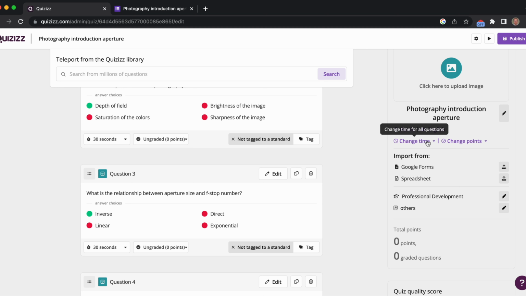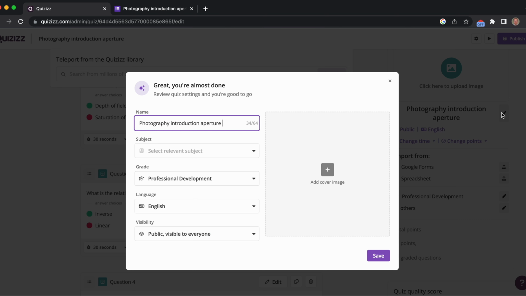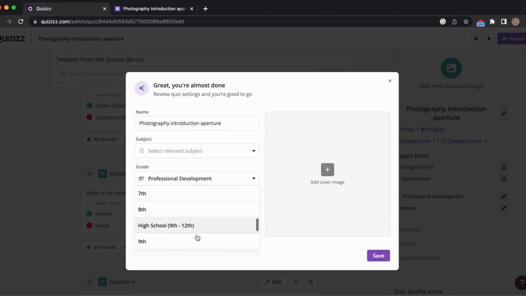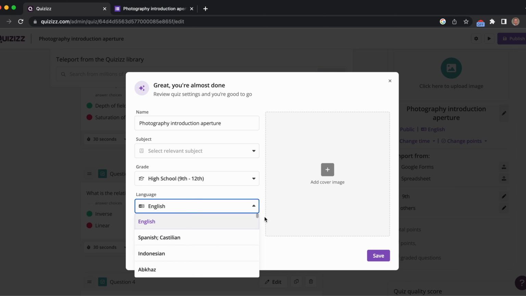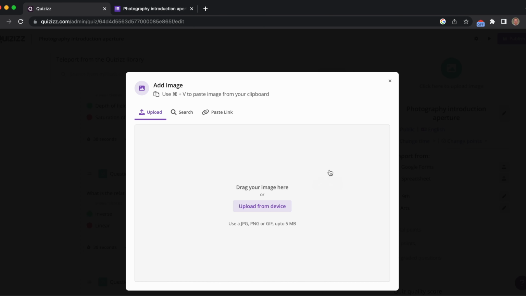I need to go in and just make sure I'm happy that it's got the right people. So this would be for my students. So I just need to choose the right level. So we'll put them as high school equivalent. English is the right language, and then we're going to just find art in there. Arts, there we are, and we can add a cover image,